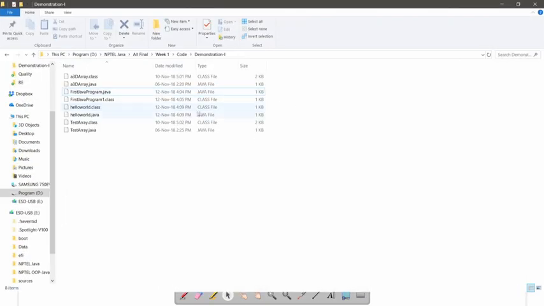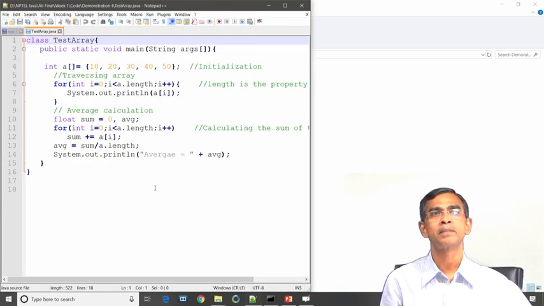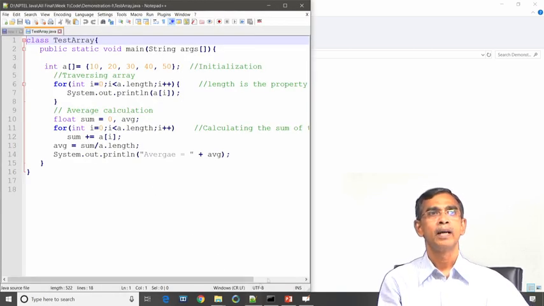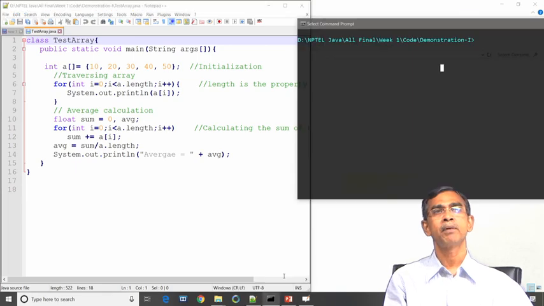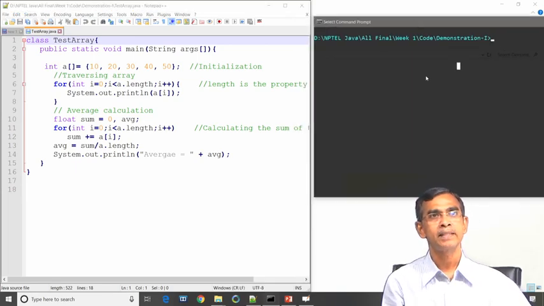This program has been saved as TestArray dot java in the current project directory, right. So, this is the program TestArray dot java, we have stored it. Now, let us look at the program statement by statement. We have to understand what we have done in this program. So, this is the name of the class, TestArray, this is the name of the program, and then public static void main String args, it is as usual there, the standard syntax that you have to follow. You will understand the meaning of this statement later on.